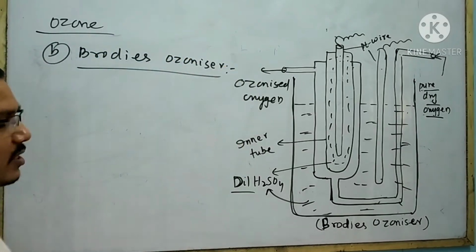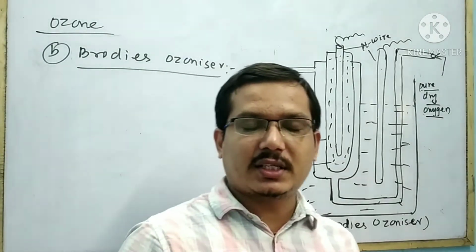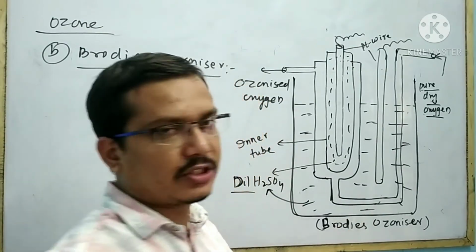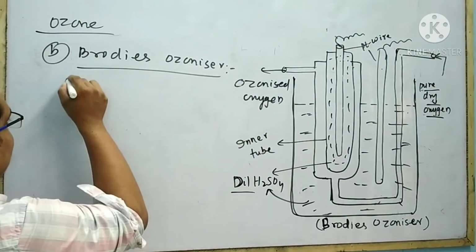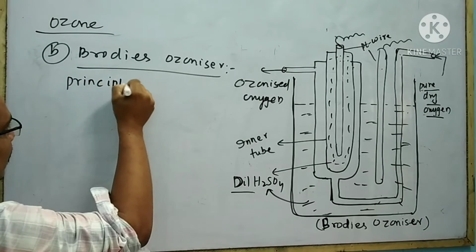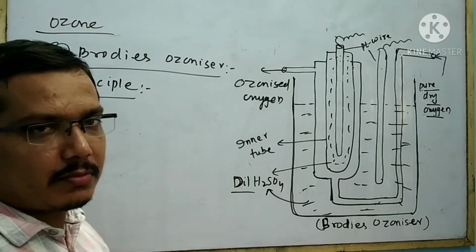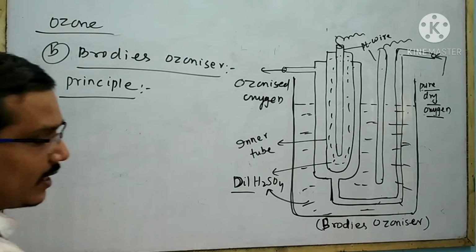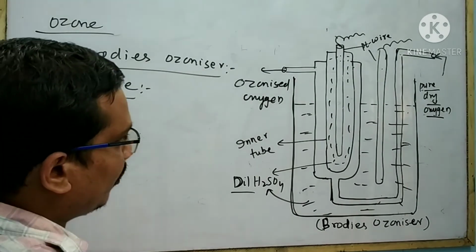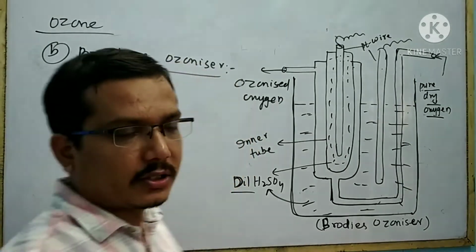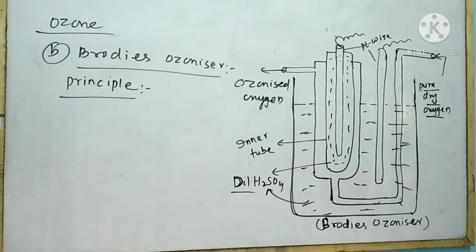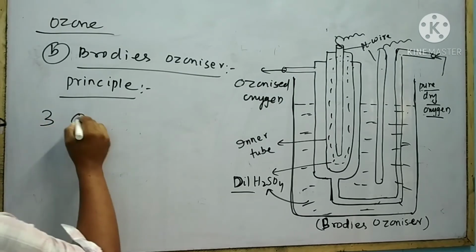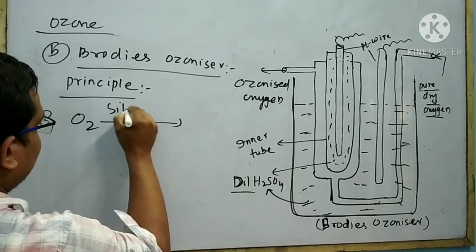The Brodie's ozonizer is similar to the Siemens ozonizer. There is only a difference in the construction. At first I will discuss the principle of formation of ozone by Brodie's ozonizer. When silent electrical discharge passes over pure dry oxygen, then ozone is formed. I can write the equation like this: 3O2 silent